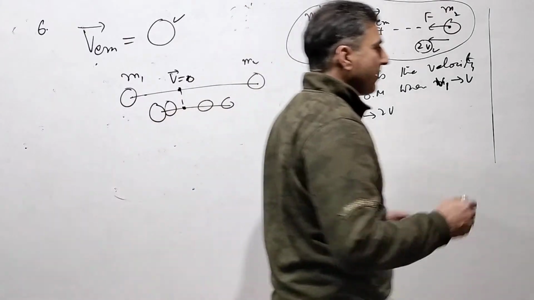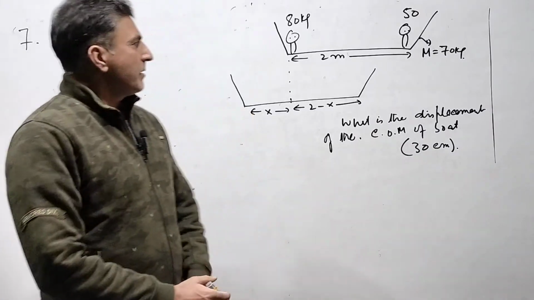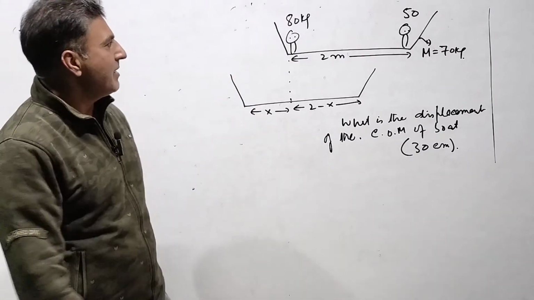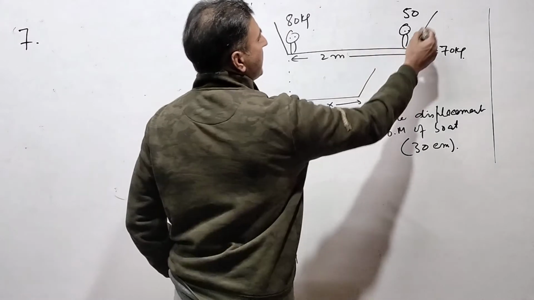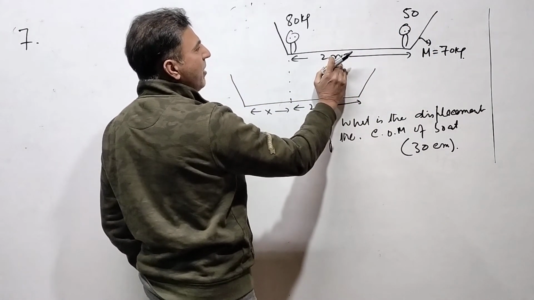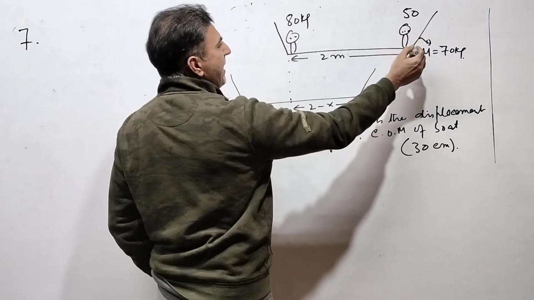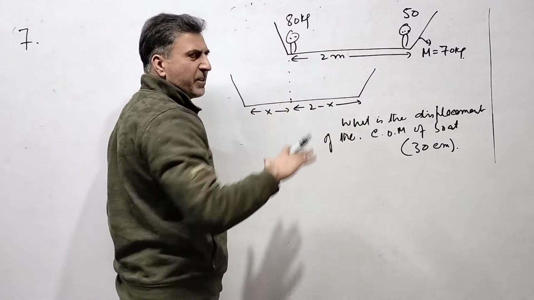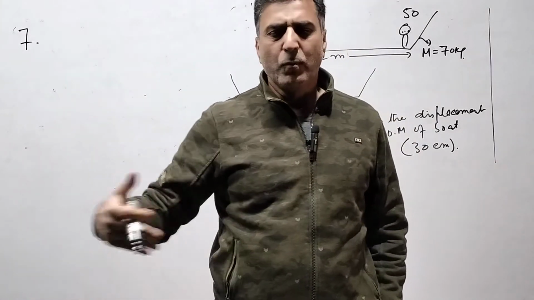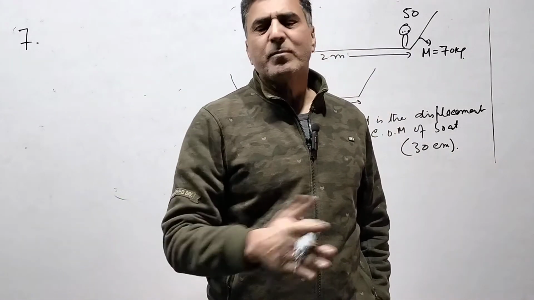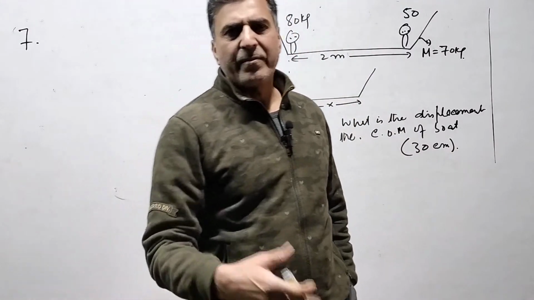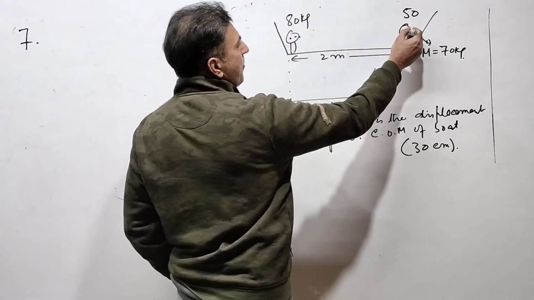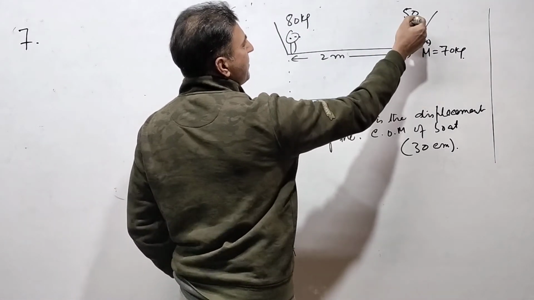Seventh problem. This is one more problem on the velocity of the center of mass, or the change in position of the center of mass. It's a boat here on water, and on the boat there are two persons at the extreme ends, and the length of the boat is 2 meters, right? The water is supposed to be relatively frictionless. So if you move, the boat should move in the backward direction smoothly without encountering any friction with the water. This is a person of 80 kg weight. This is a boy or a weak person with 50 kg weight,